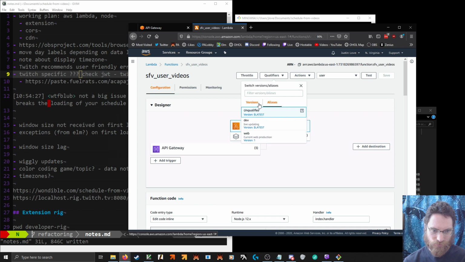So we've really only had one published version, which is what web is pointing at. Dev is just an alias to latest.